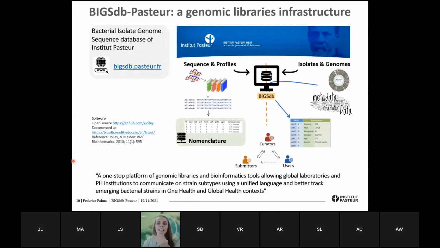This platform serves as a one-stop platform for bacterial strain classification and taxonomy, and allows global laboratories and public health institutions to communicate on strain subtypes with a common language, but also to better track emerging bacterial strains across domains, so in a One Health or Global Health